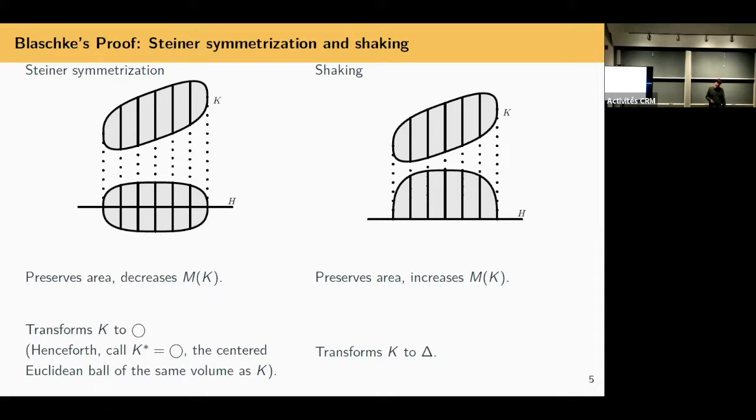But one of these methods has much greater reach than the other, in that Steiner symmetrization and problems with lots of rotational symmetries, right? This is a much more applicable method, the Steiner process, than the shaking process. Okay, so you can ask,